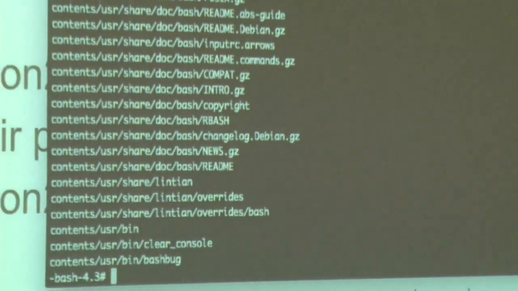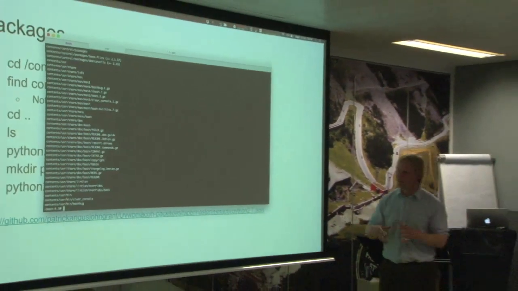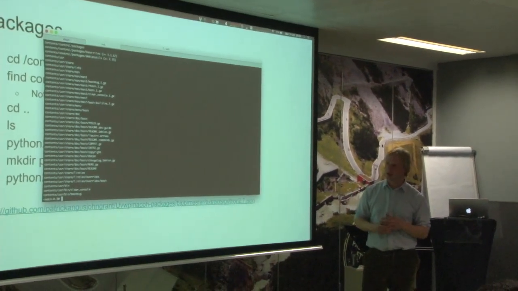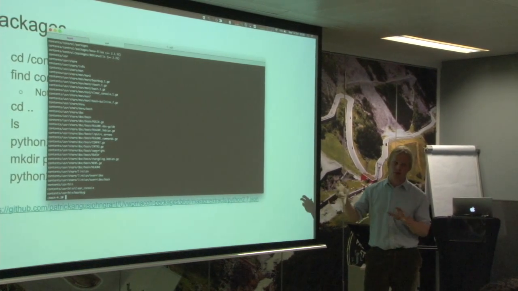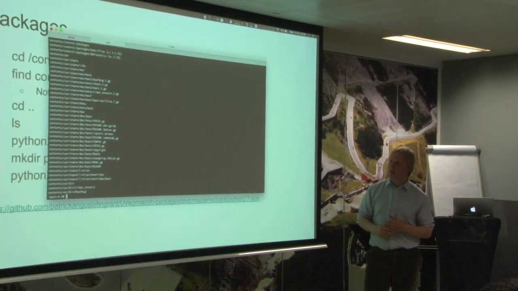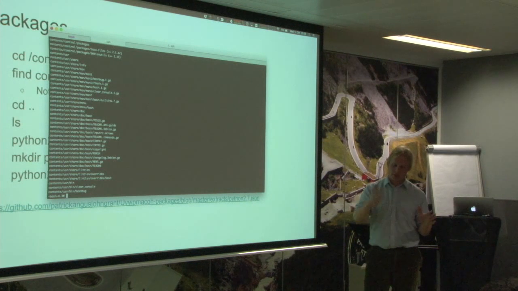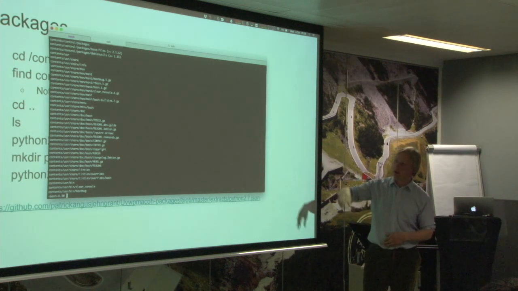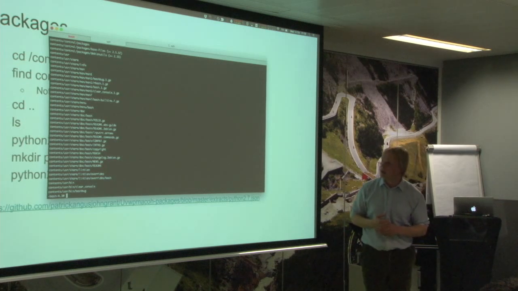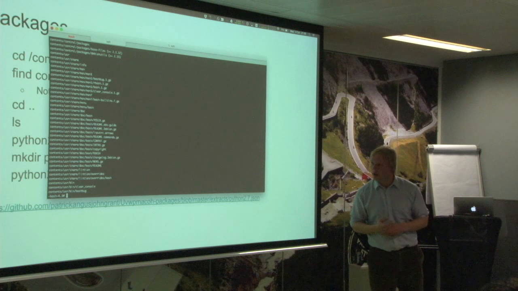So in /control is sort of a meta directory hierarchy, which is made for this, and that's used for interacting with underlying things. Then there's packages. There's a list of a load of packages. We'll have a look at that. And then for each individual package, there's a directory. So we can look at contents to see what's in it.